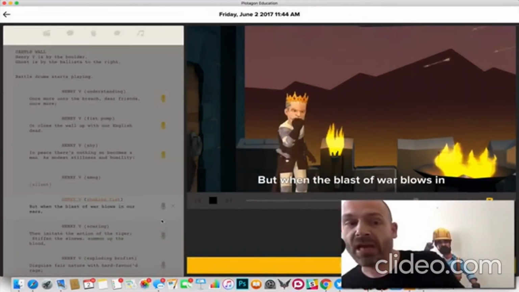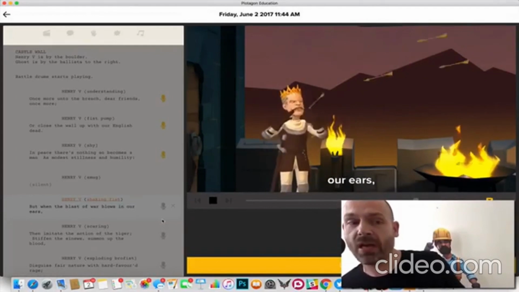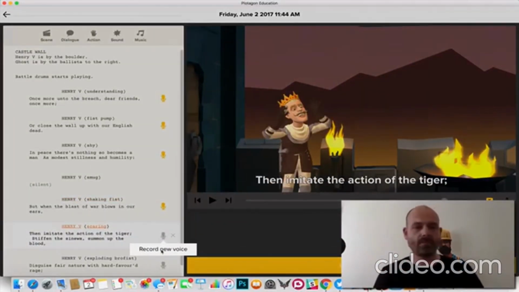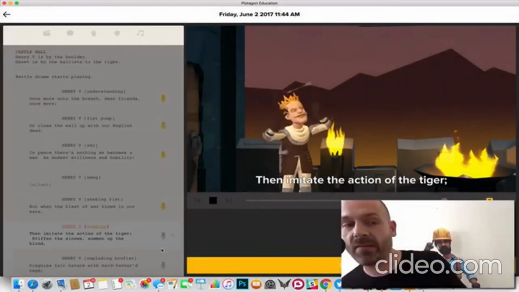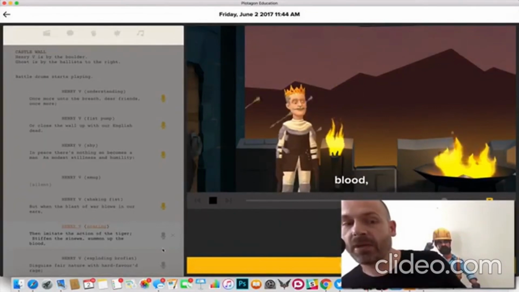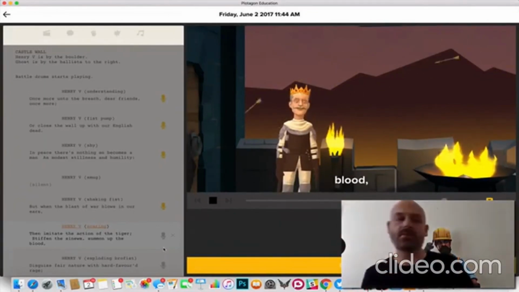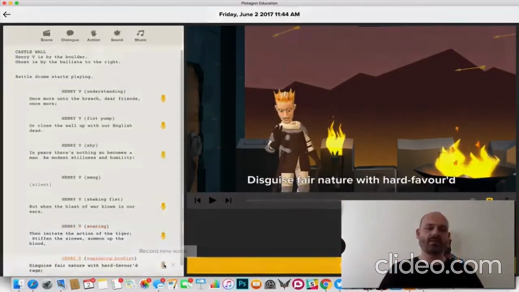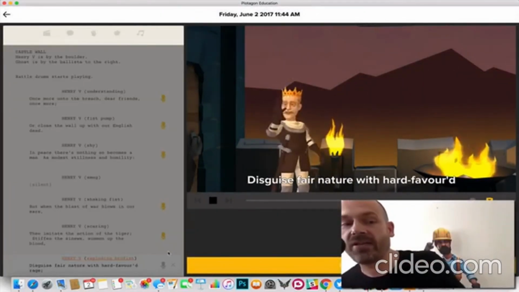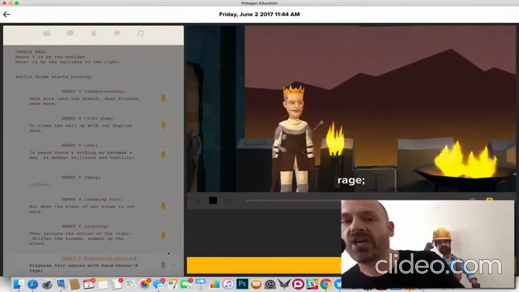But when the blast of war blows in our ears, then imitate the action of the tiger, stiffen the sinews, summon up the blood. Disguise fair nature with hard-favored rage.